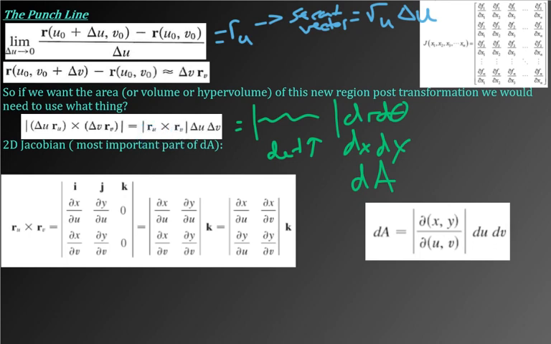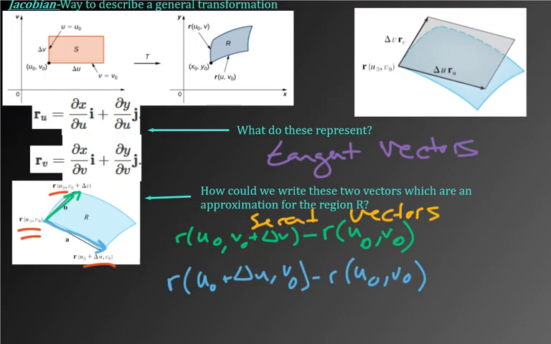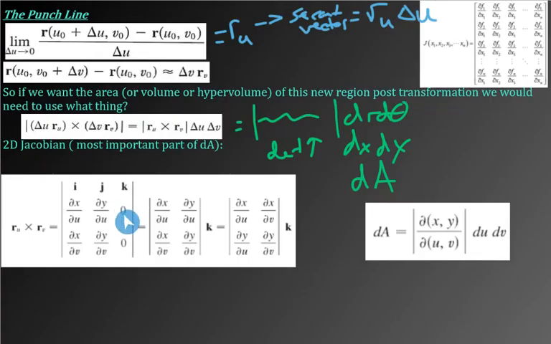So the determinant of the cross product of them. I don't know if I said that quite right, but you have to do the cross product in 3D, right? Because it's not defined in 2D. So we do this kind of weird trick where we take those tangent vectors, these guys, and we pop them in with 2 zeros in the k component. And then if you do that out,